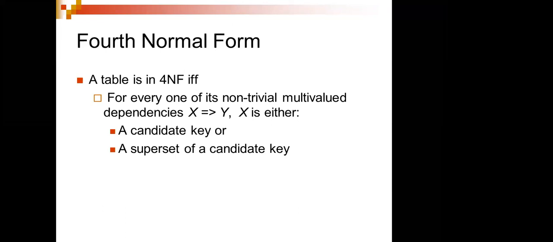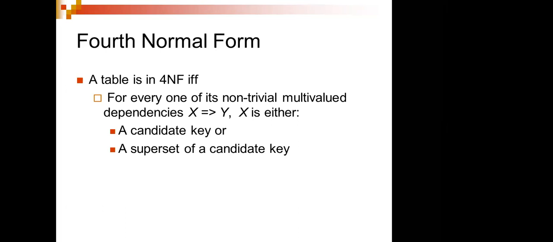So again, what it is saying, if you want to go within the fourth normal form, X and Y, all the attributes depend on one another. So roll number depends on some extra ID, name depends on the ID, address depends on ID, phone number depends on ID, something like that. So what is this ID? It's one of the candidate keys, or it is a superset of the primary key or the candidate key.